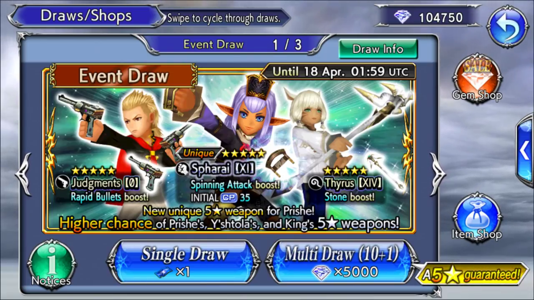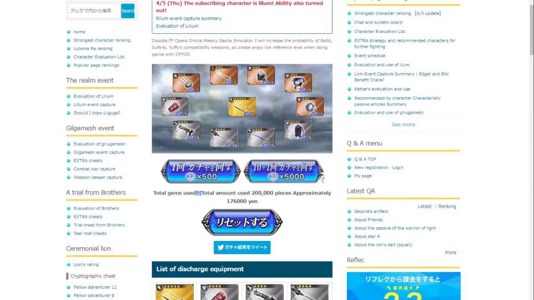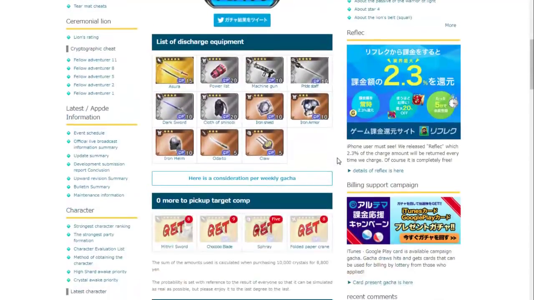And I'm gonna show you right here that I've actually done some gacha simulations on this banner. We pulled a total of 200,000 gems on a similar banner here. This is not exactly the Prishe banner because they had 15 CP on the Japan version, right? So I had to improvise somehow, but I did 200,000 gems on this banner, and this banner is pretty similar